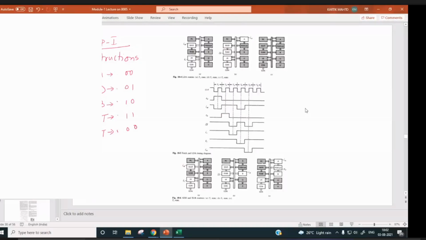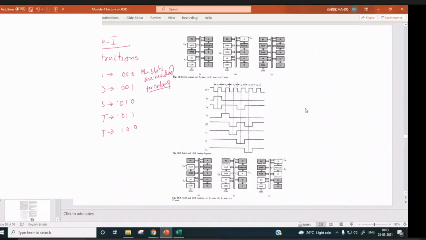We need minimum 3 bits. Minimum 3 bits are needed for coding these instructions. Right? 3-bit code is needed to represent 5 different instructions.